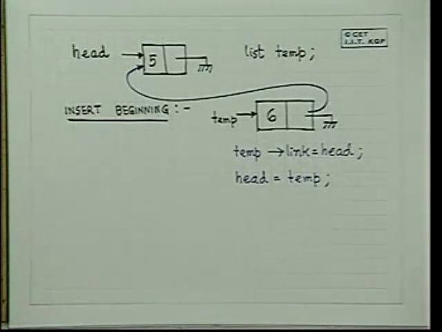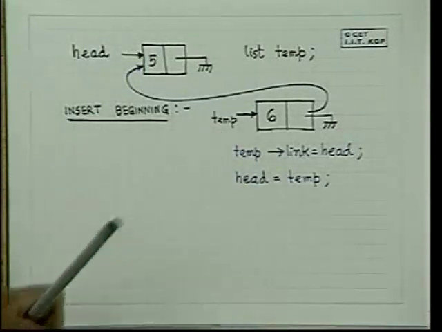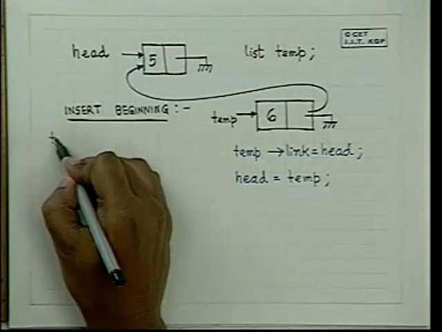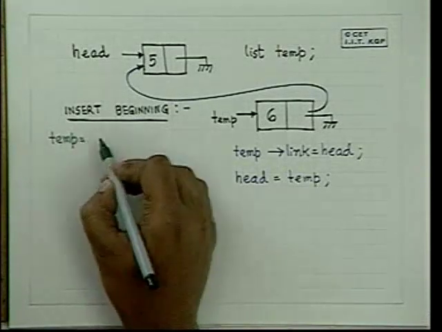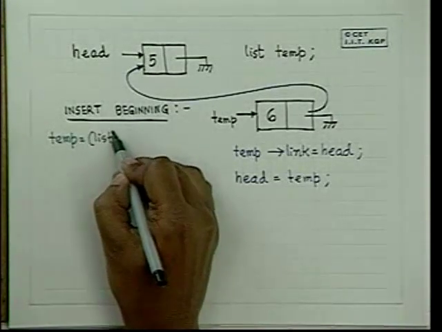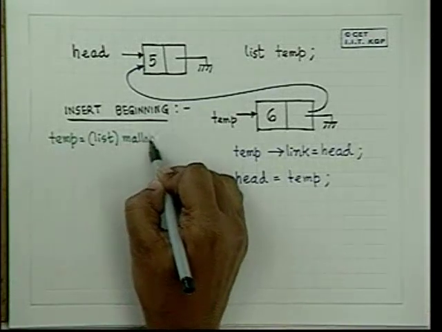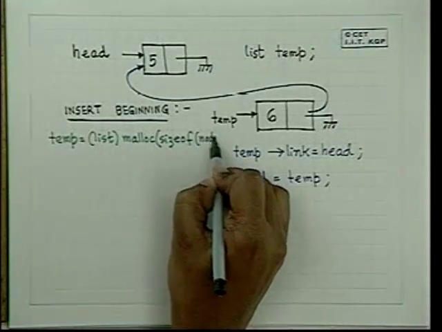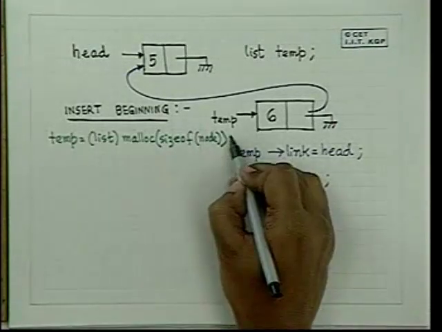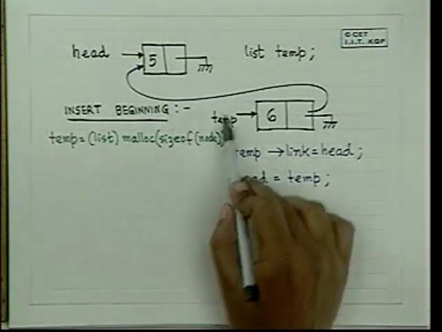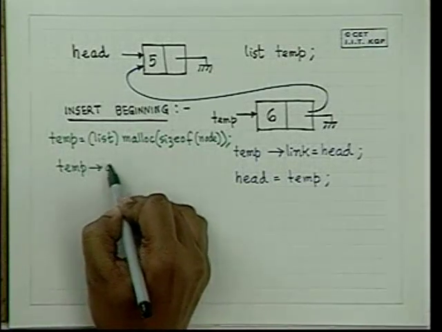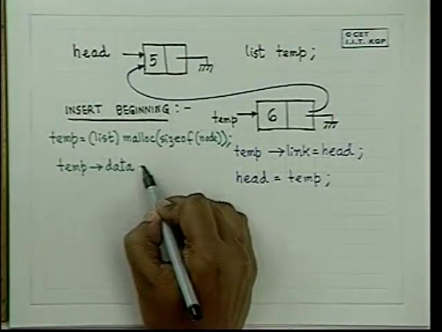If we want to insert in the end, before this, the common call is: temp is equal to list malloc size of node. Temp is equal to list malloc size of node is first point. Temp pointer dot data is equal to dat,